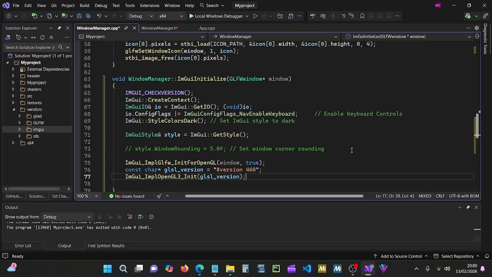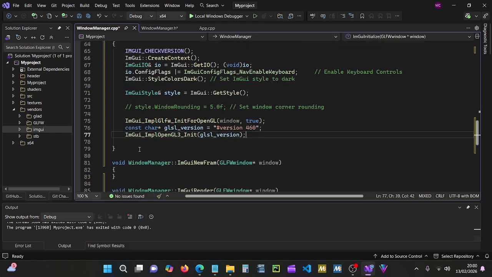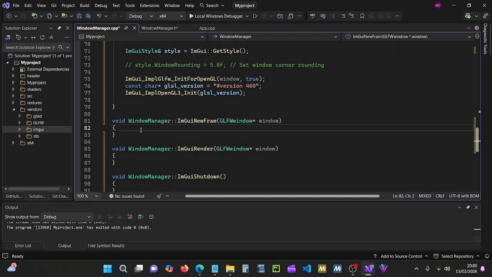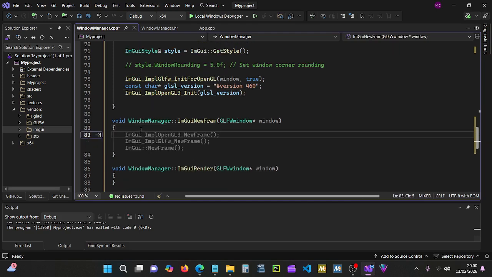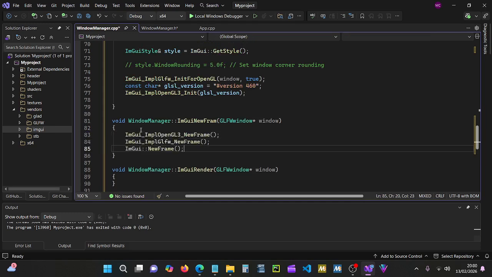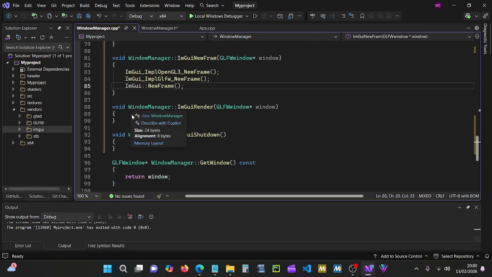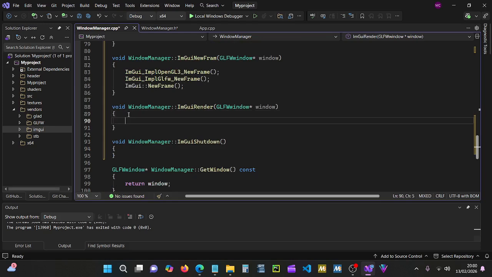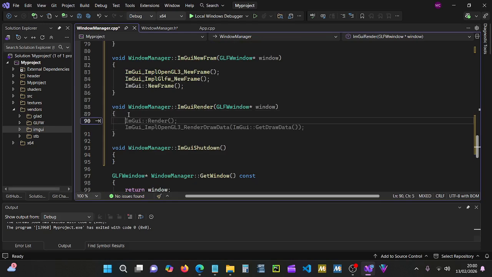Okay, that's that done. Then we need to go to the next one, which is the new frame. We have to be able to set a new frame each time it goes through. And look at that, the computer loves me, it's filled all the blanks in for me. So we need a new frame for the OpenGL, a new frame for the GLFW, and then we just call new frame. And then in the render we simply need in here we do